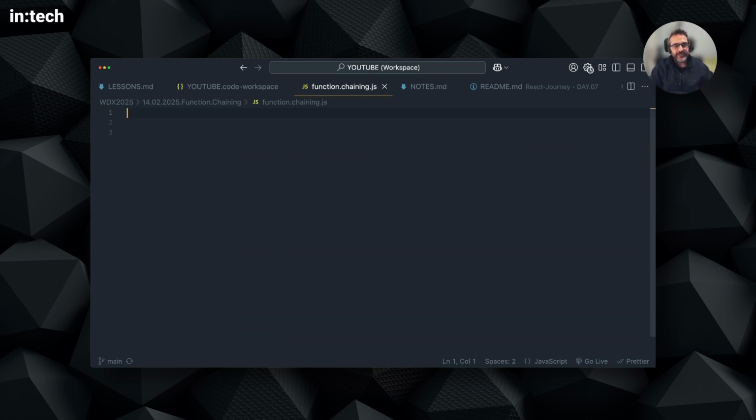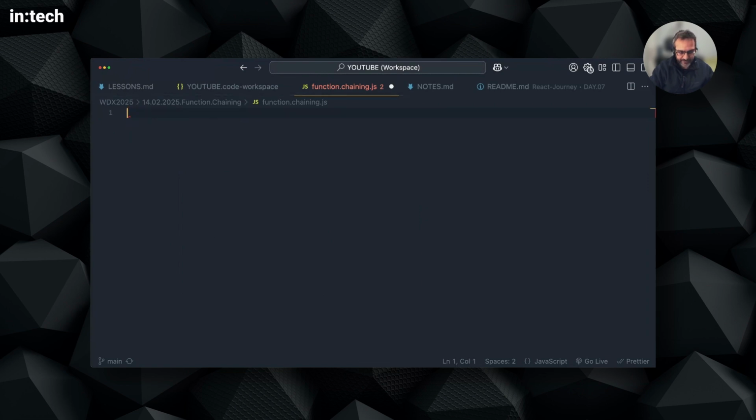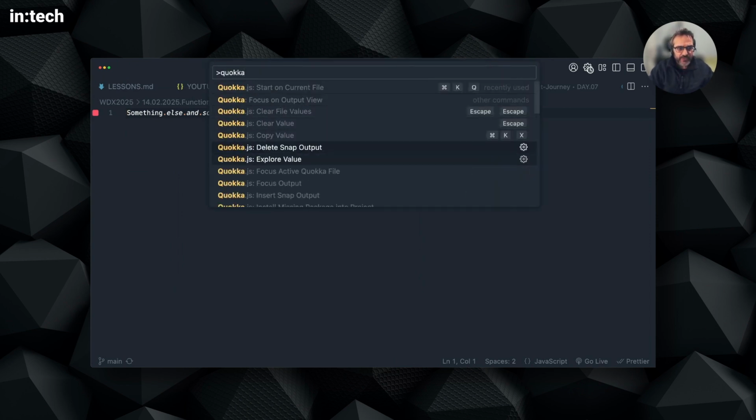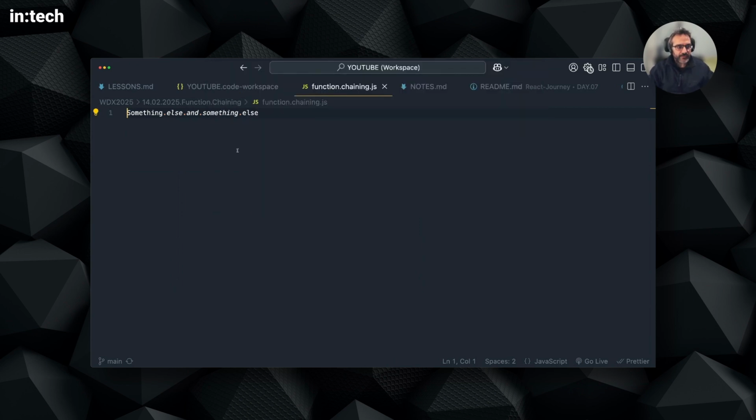Before diving into the actual code and the basic implementation of a simple chain of functions, I really want everyone to understand the syntax. So I will write some pseudocode here. So let's start with this syntax. And let me stop Quokka for now. Okay. So I will start with the dot syntax because